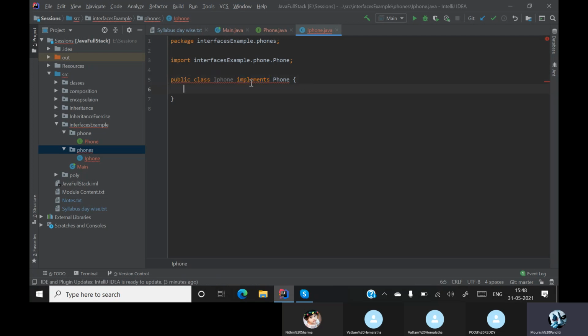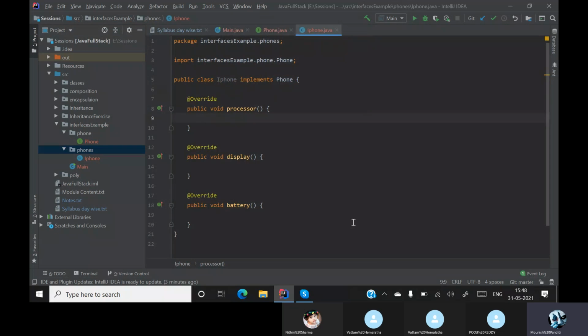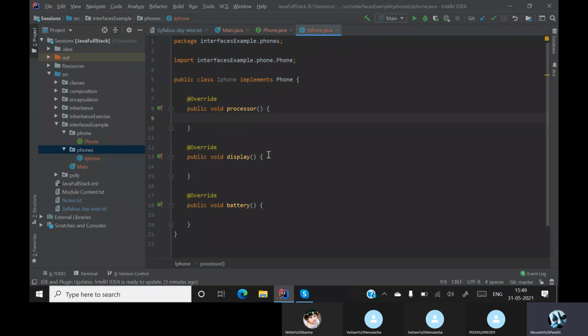I have to implement all the methods. I must override all these methods. Here the abstract method has only definition, there is no body. So if you want the body, you must implement the body inside some other class. You must hide the implementation in some other class.